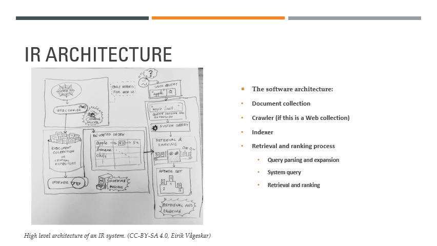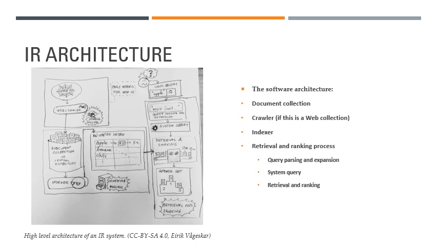Here we have the document collection. So you have to collect all of your documents. You have to digitalize all of your documents in information retrieval. And after that, you have to prepare the crawler if this is a web collection. The crawler is usually used by the search engine. And also you have to prepare the indexer. It will sort the documents with an index, so these are the documents that match the query inputted, and the retrieval and ranking process will